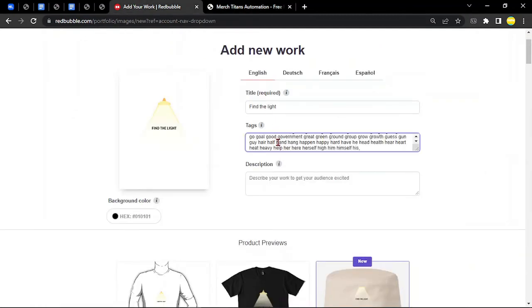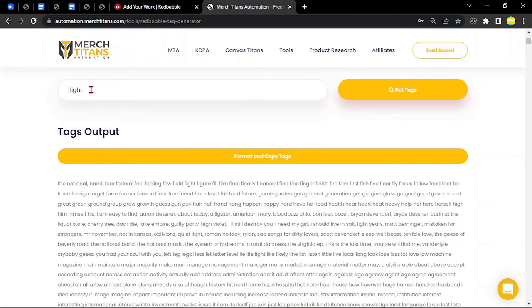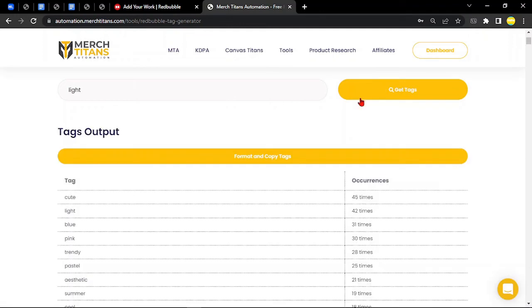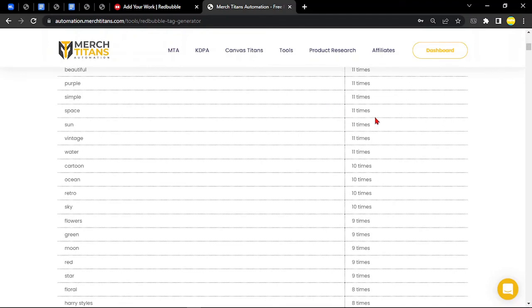So I don't just take everything and just move on. I actually think about, okay, there's another keyword right here which is light. So I'm going to delete all this and use the light only to get more occurrences. And it's actually going to be showing me, I think it should be showing me more occurrences than the 48, because you see, it showed me better occurrences, because there are some that are actually not going to be showing you